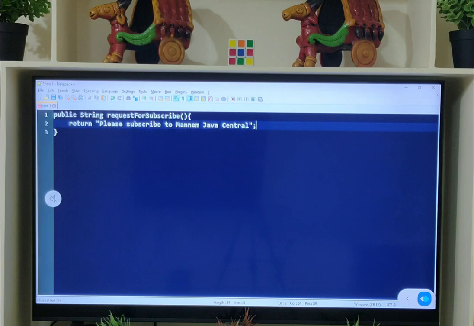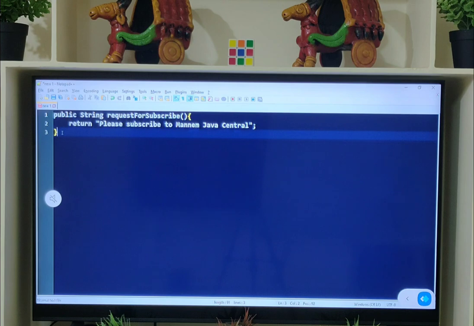So see, the method name is request for subscribe, and this method is returning a string, and the same method has access modifier public, and it has one statement as part of its body, and the statement has the return keyword.